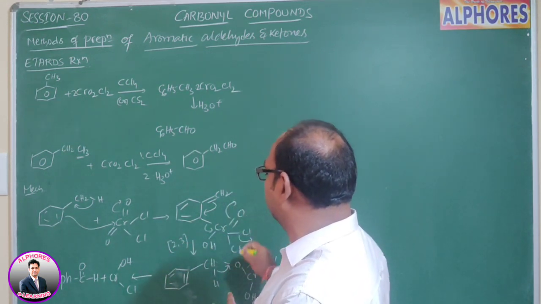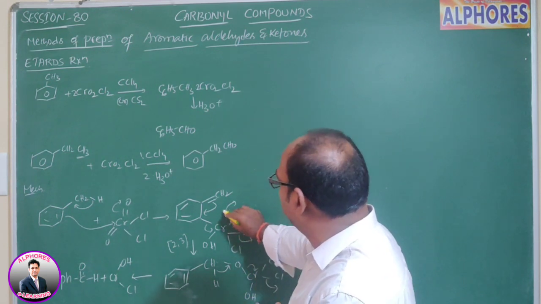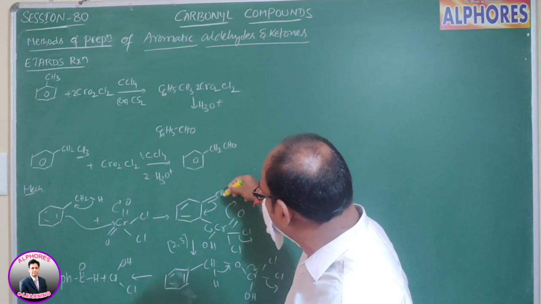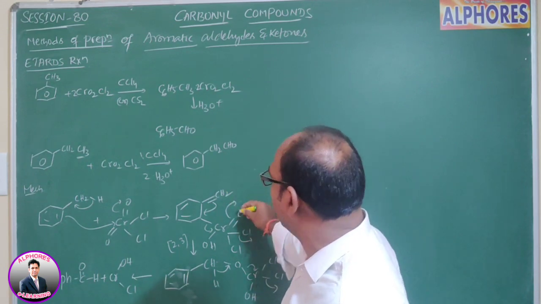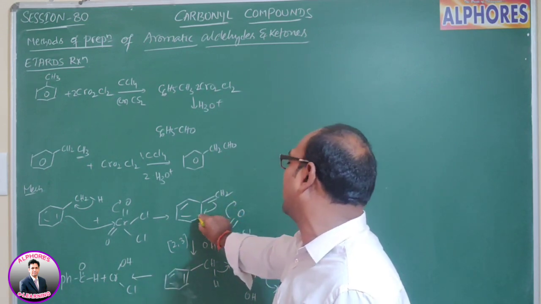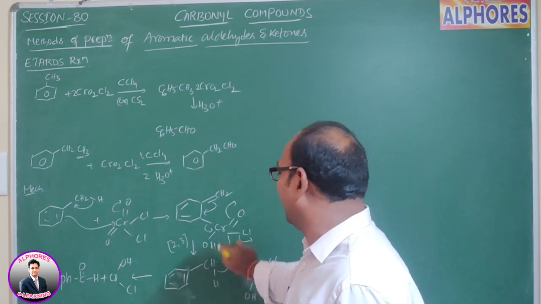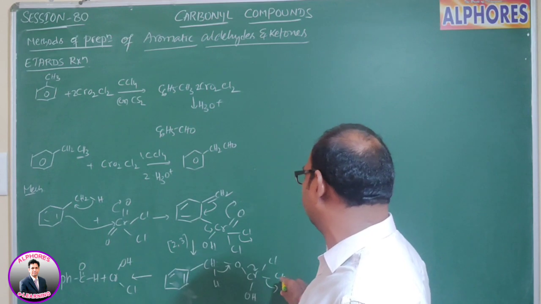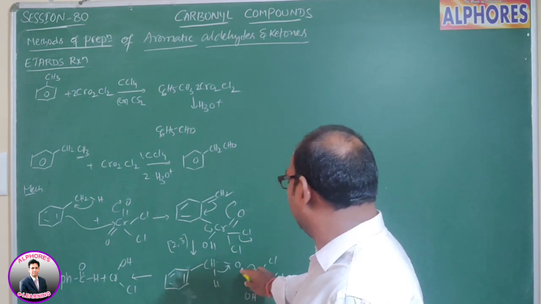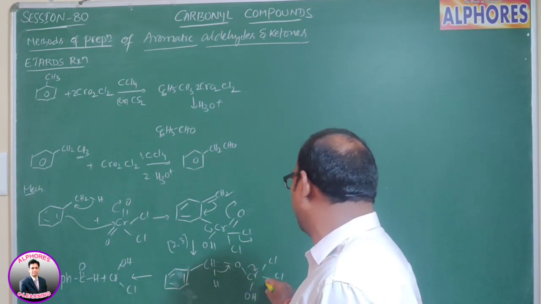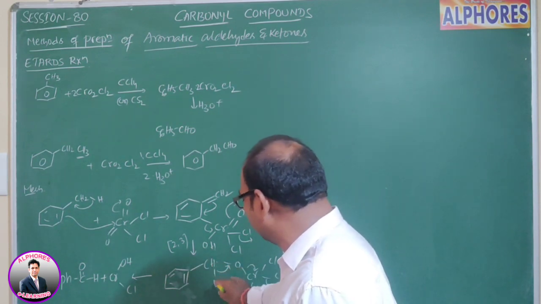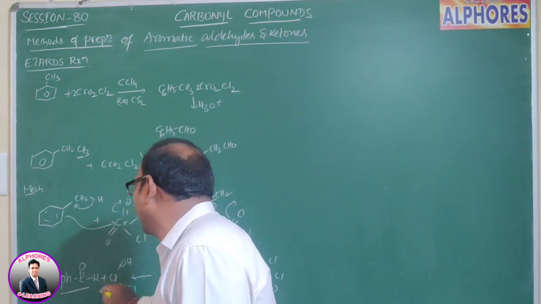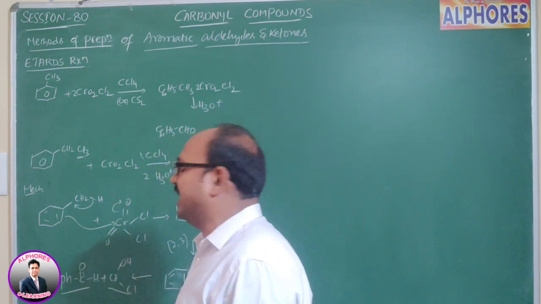Here, what happens if you observe? Again the Cr=O pi electrons are shifted towards this carbon, and as a result there is a new bond formation between carbon and oxygen, and pi electrons are shifted towards this carbon and these electrons get back. As a result, a carbon-oxygen bond forms, with oxygen attached to chromium, which carries Cl and OH groups. Here the O-Cr bond electrons are shifted towards chromium and Cl leaves. As a result, the C-H bond electrons are shifted towards oxygen. Then we get benzaldehyde, and chromium consists of OH and Cl.